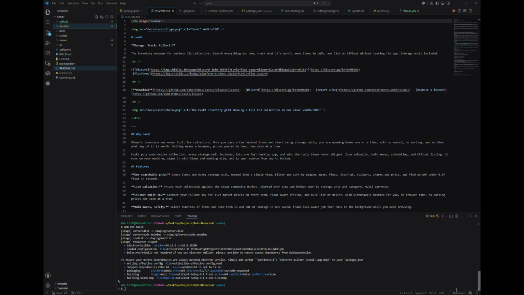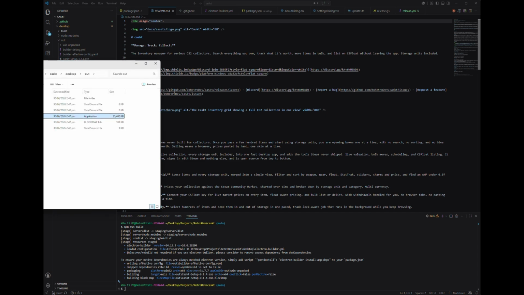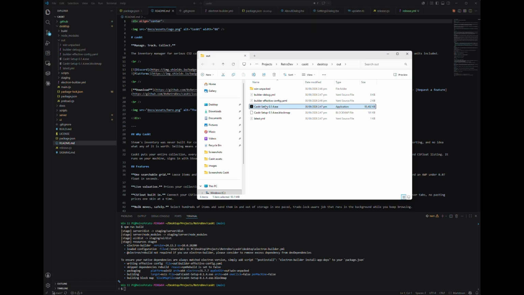Alright, and once that's finished building, you'll go to desktop and you'll go out, because that's the folder where you'll find the executables. If you right click on the setup and you go reveal in file explorer, you'll see that the executable is the exact same one as the one we've downloaded. But look at this difference now. Because you built this on your own computer, you basically self-sign it, which means it's not being published. So if I run this, and give it a second to open up,